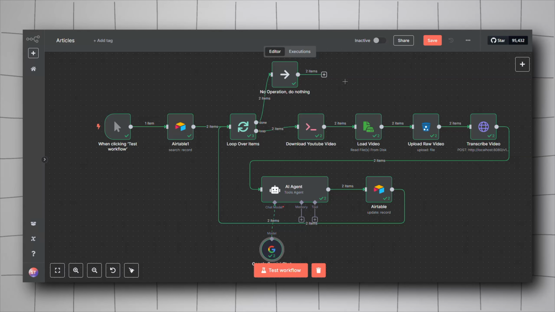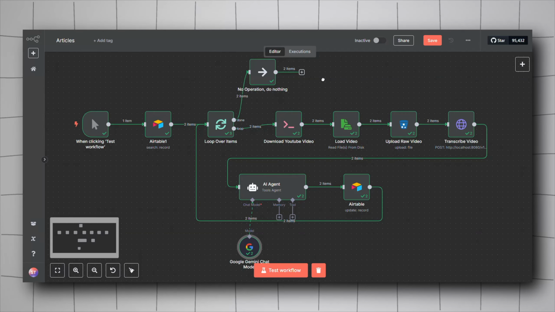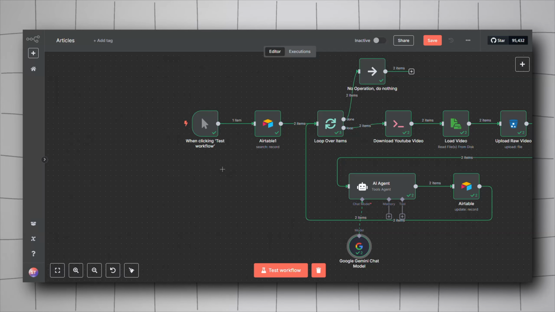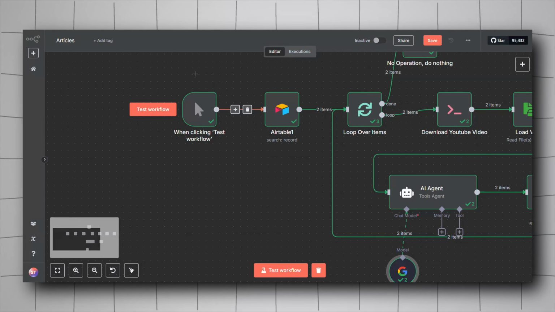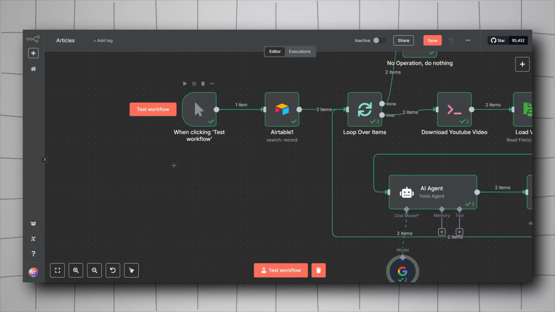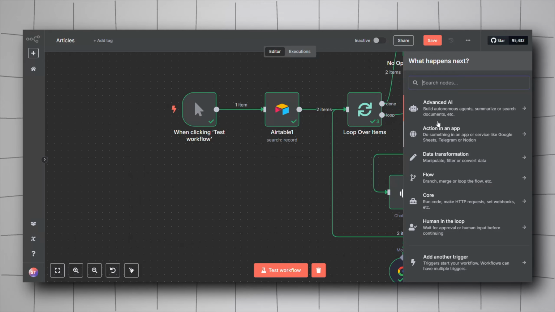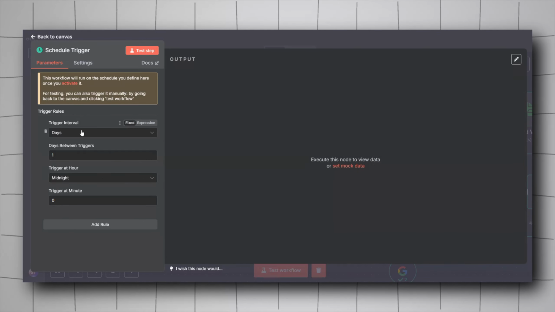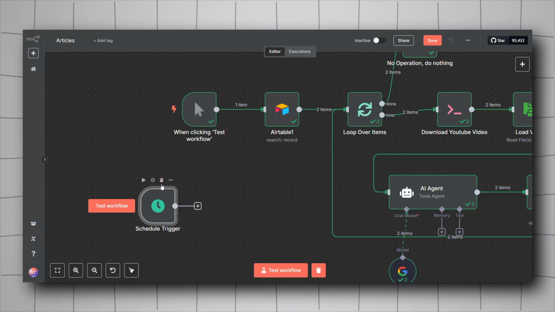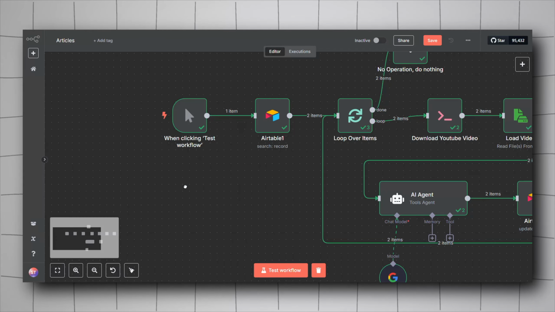Now we will head back to our N8N automation, and let's start exploring each node. So for this case, I started with a click and trigger. You can change this later on to a schedule. Let's say you decide to run your automation once every day at a specific time or every minute or every 2 hours or whatever. You can change this to schedule by right click and click on add node, look for schedule trigger and then add it. Here you have to change the trigger interval, the days between triggers, trigger at hour, etc. So I will keep it for this case to the click and trigger,